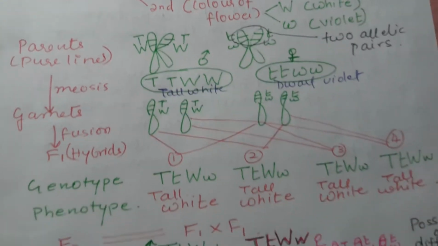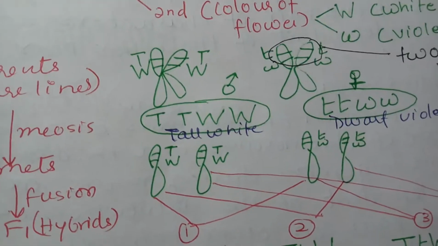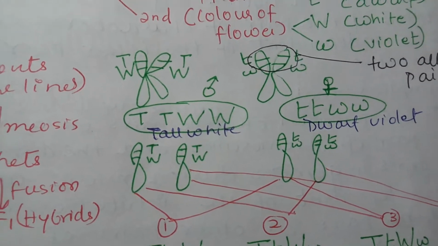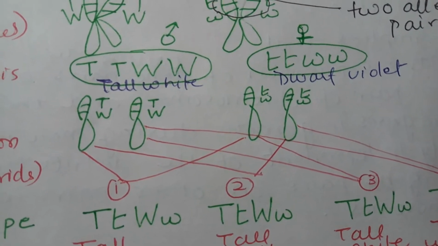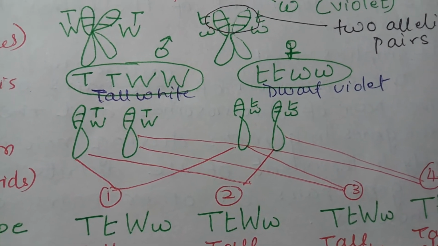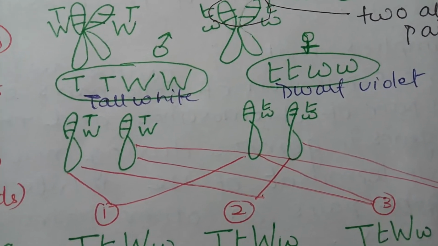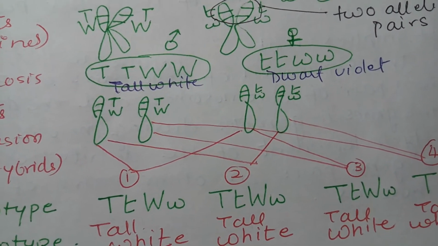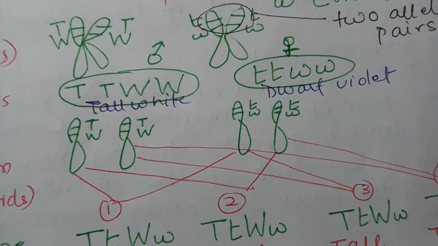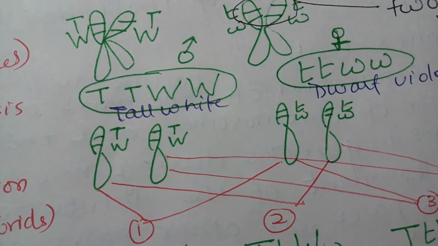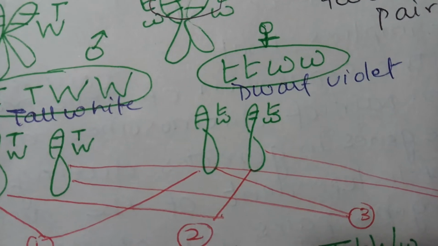Okay. Now 2 different genes are there. They are located like this. We just assume they are located like this on the chromosome. So during the gamete formation, the segregation of genes occurs, and the allelic pairs get segregated. So the gametes are formed. Different gametes that are formed are capital T and capital W, capital TW, and small tw.